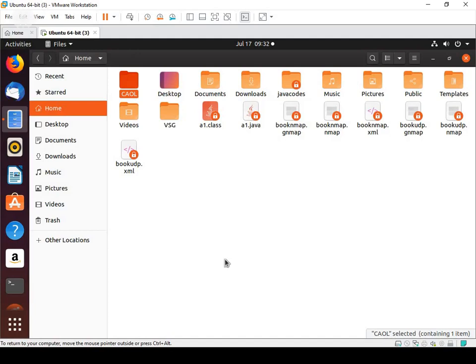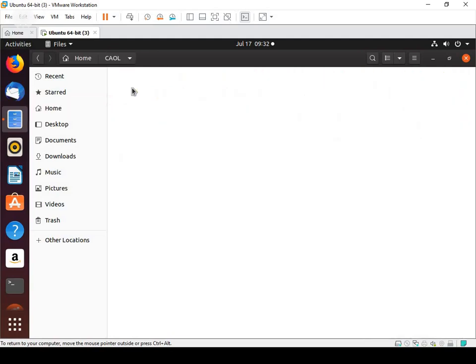Before installing NASM, you are going to create your own folder. That folder name should be your roll number or GR number. You can put any one of them. Next, in that folder, you are going to keep this downloaded NASM tar folder. Whatever work you are going to do, you are going to do in that roll number folder. So we want to extract this tar folder in this folder itself.